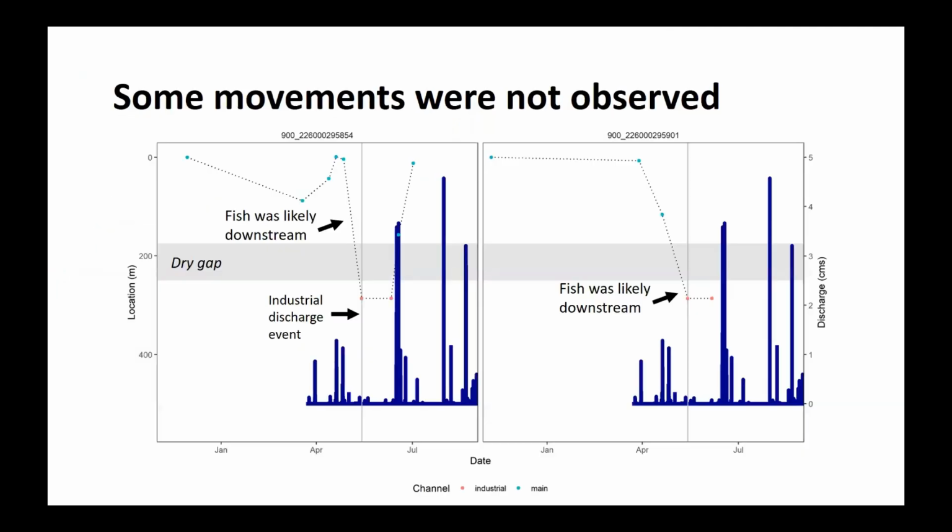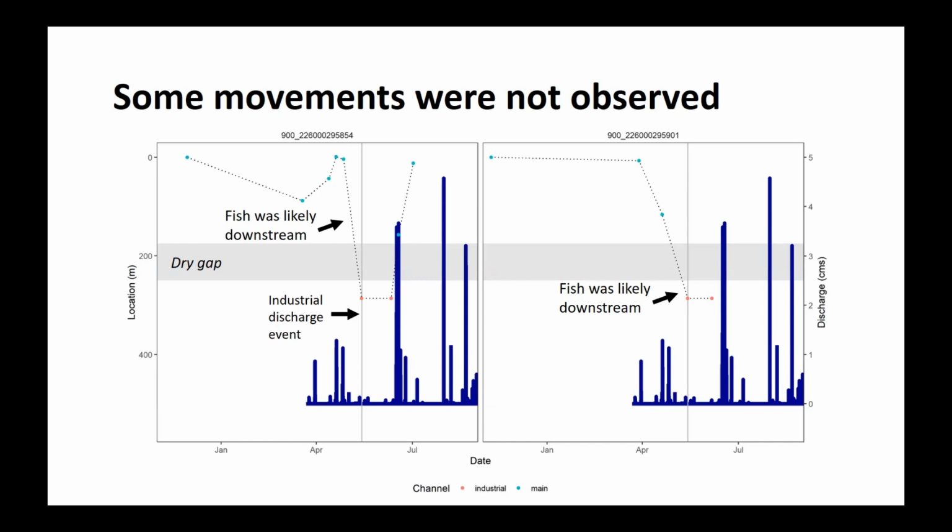And so here are two fish that we observed entering this industrial outfall, that they were most likely actually downstream of the channel entirely, because we had not found them for several weeks. And then during the industrial discharge event, we find them in the very pool outlet of that industrial discharge. The fish were likely downstream and then moved up from outside of our study reach into that pool. One of them ended up going all the way back upstream eventually, and the other one ended up dying in